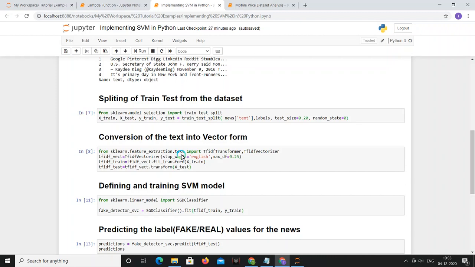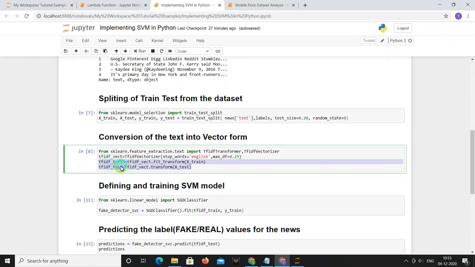So we can remove those words from the dataset, and after removing them I can convert the text into vectorized form. In this particular line I'm converting the text into vectorized form, and finally I get the TF-IDF train and TF-IDF test.